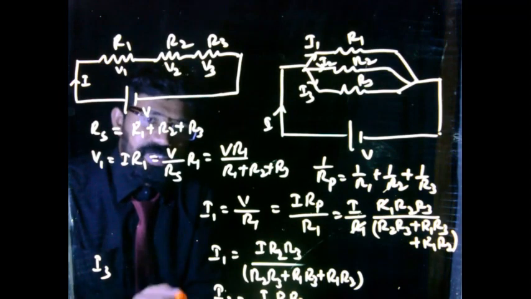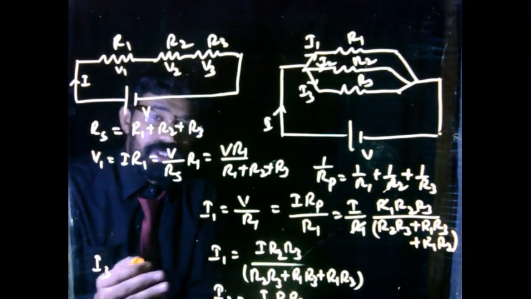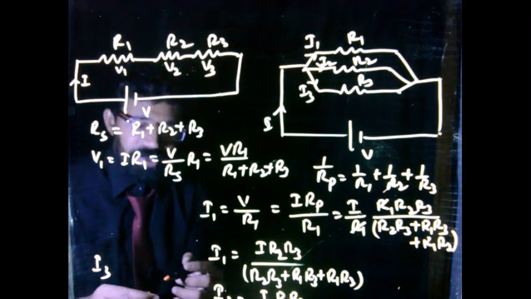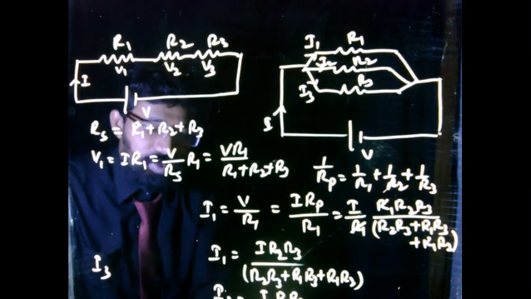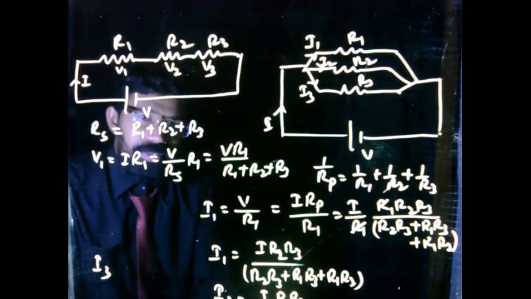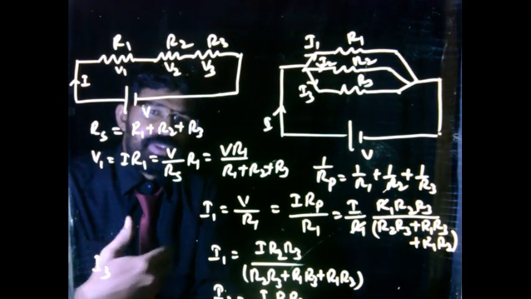Now let us try to solve some problems based on these details. We have also discussed the temperature dependence of resistance and resistivity. So let us try to solve a few basic problems, because unless we deal with Kirchhoff's laws and Wheatstone's bridge, there are some other topics as well.